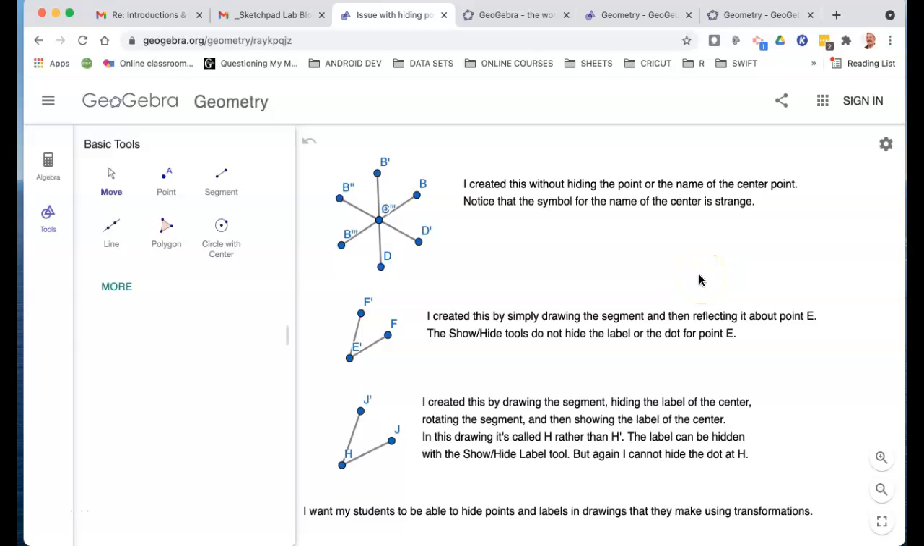Hey, Susan. I get what you're saying about the points when you're doing transformations. Whenever you do transformations in GeoGebra, it's not just the segment that it's transforming. It's also the endpoints of that segment as well. So let me look up here on this first image,